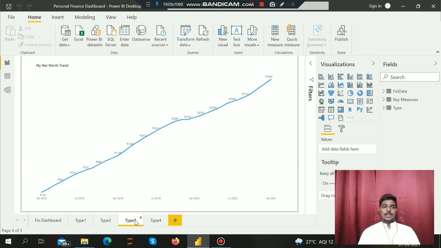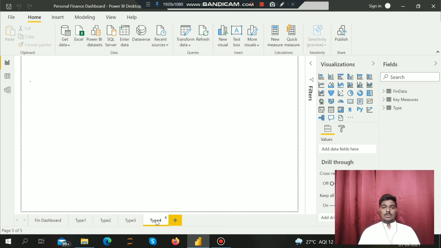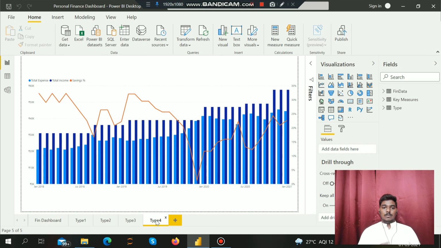Type 3 is my net worth trend. I created a line chart to see how my trend is going, my net worth. Then type 4, I created a histogram bar chart for my total expenses, and this is my trend line, showing how my saving percentage trend line goes.